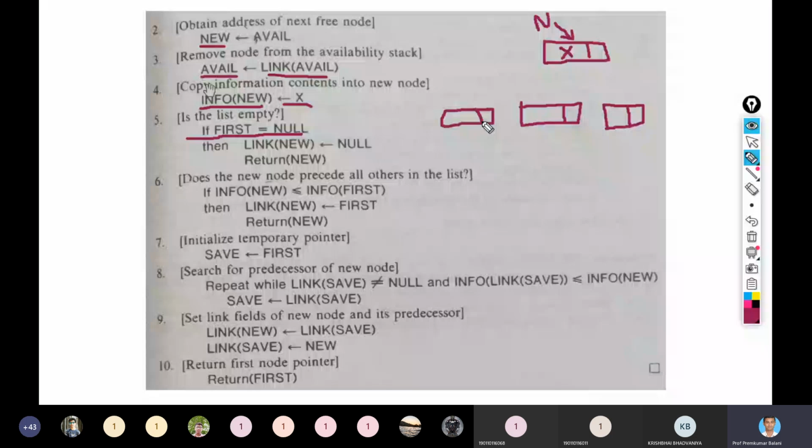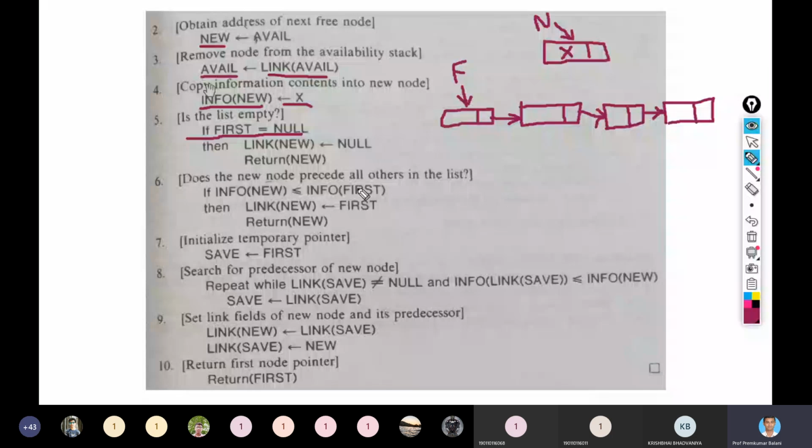Suppose this is the existing linked list, and this list is pointed to by the first pointer, right? Suppose the list is not empty and this is the list.